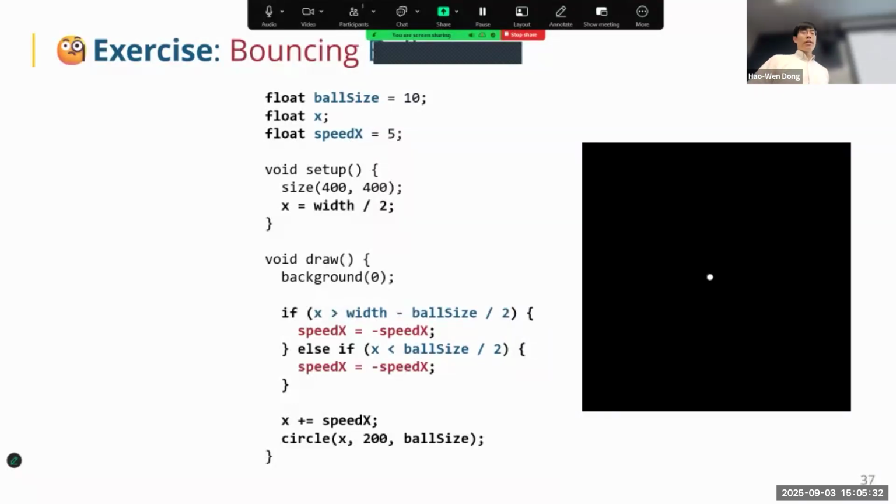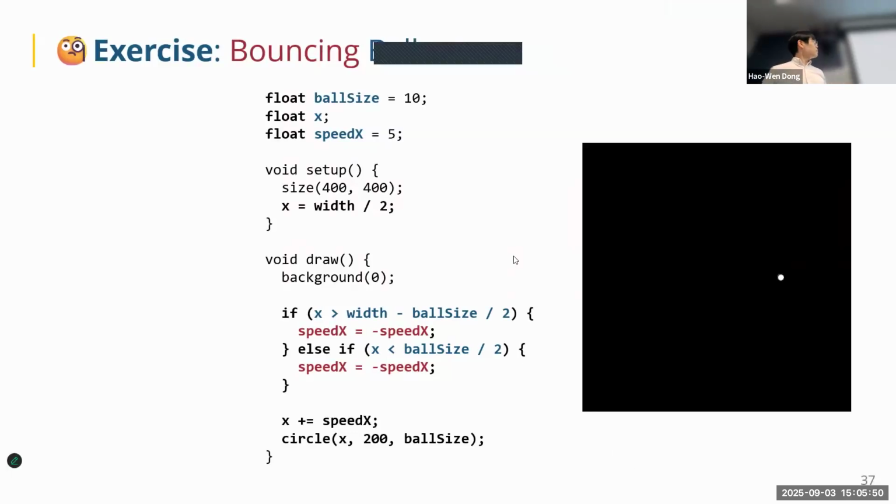Well, so basically, in homework one, last week we were talking about this bouncing ball. So what you will do is, whenever you hit the walls, you want to bounce it back. So you swap the speed. Now the speed will become negative, so that it will change the direction. That's basically it. So you initialize the ball, position it in the middle of the screen, and then you just